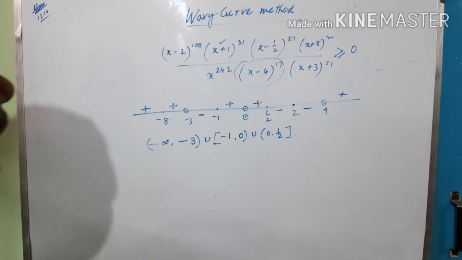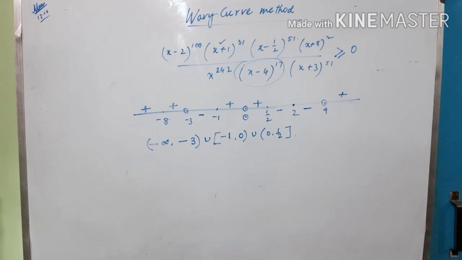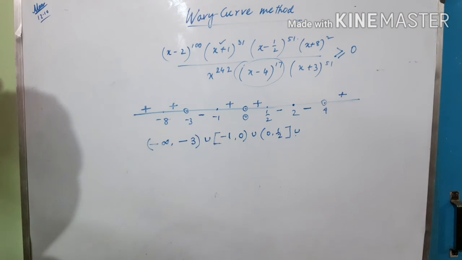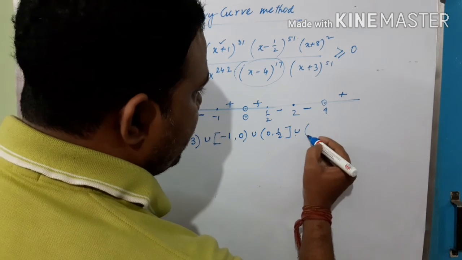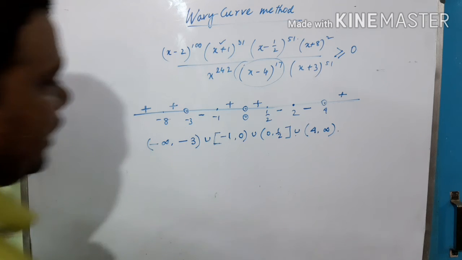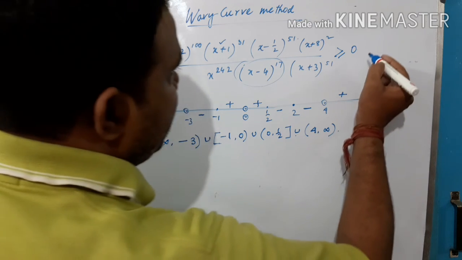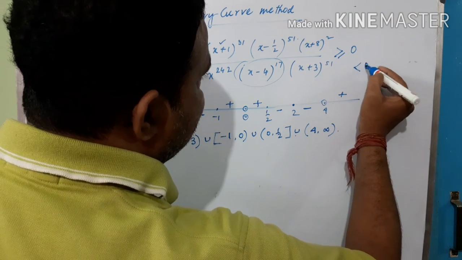Then again the expression is positive, negative, negative, again the expression is positive at the right of 4, and see that 4 is a value which is coming from the denominator. So clearly it's a pole, so we cannot put a close bracket over here, and we write like this, 4 to infinity. So this is the part of the real line where the expression is positive. And at the same time, if we are asked the question when the expression is less than 0, not less than or equal to 0, just less than 0.